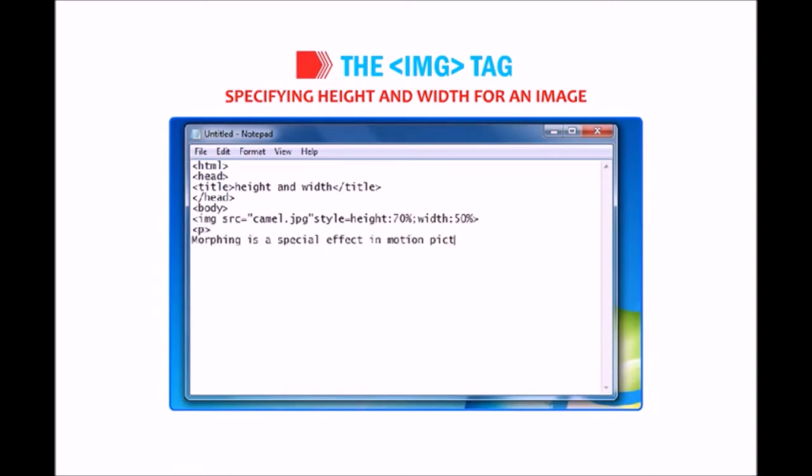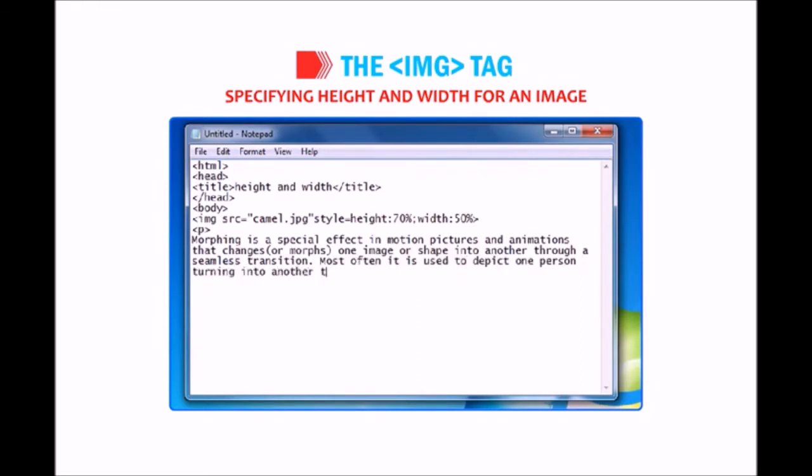Morphing is a special effect in motion pictures and animations that changes or morphs one image or shape into another through a seamless transition. Most often it is used to depict one person turning into another through technological means or as part of a fantasy or surreal sequence. /p /body /html.